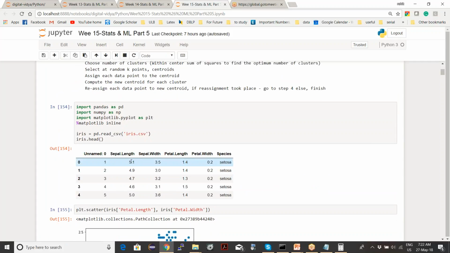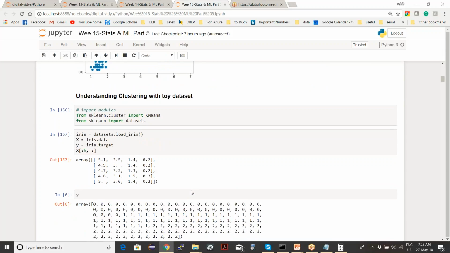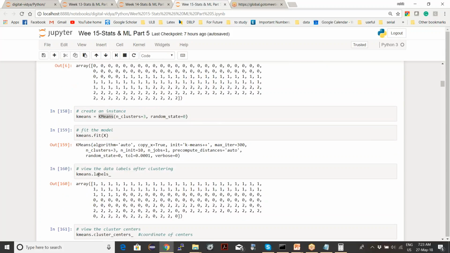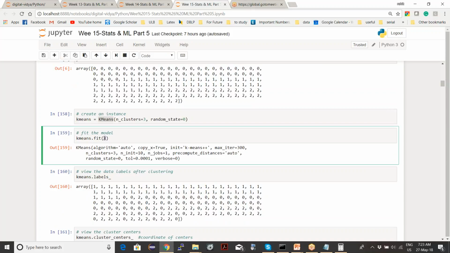So this is the flower, based on the sepal length and sepal width. What was the species of the flower? In the supervised learning model, we built a machine learning model which, given these four parameters, could predict the species by learning from this whole data set. What we did now is we dropped the species column. If you see, we just use X.